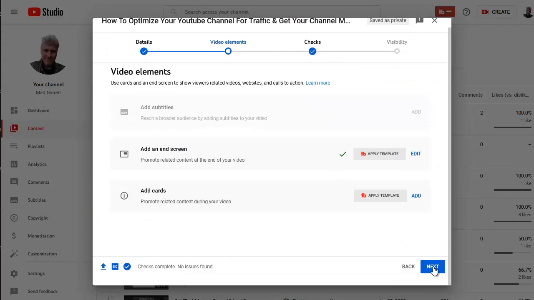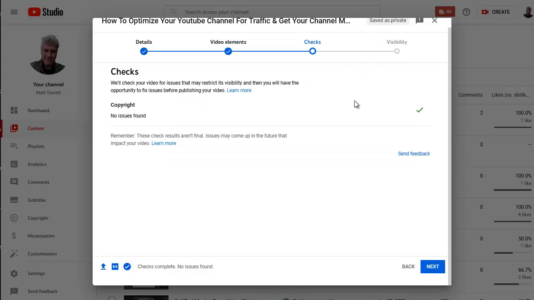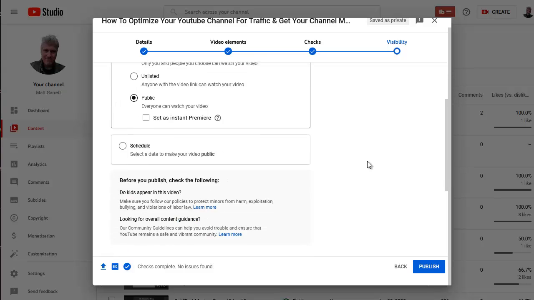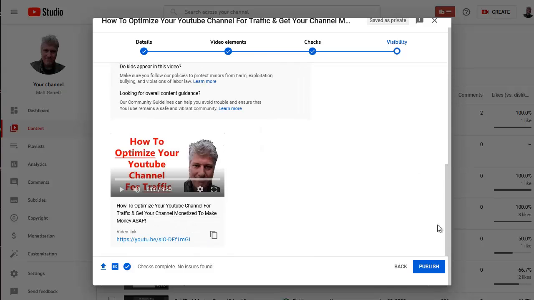Having set up the end screen, I'll click on next, and we're down to the checks, which it's already completed, and then we're on to visibility, which is actually posting or scheduling for post the video itself. Now, usually when I'm creating videos, I'll be creating them ahead of time and creating them in a batch. So I normally go with a schedule and schedule the release of those videos over the next week or two. In this case though, I'm just going to set this to public straight away. So all I then need to do is scroll down, make sure I'm happy with it, and click on publish,